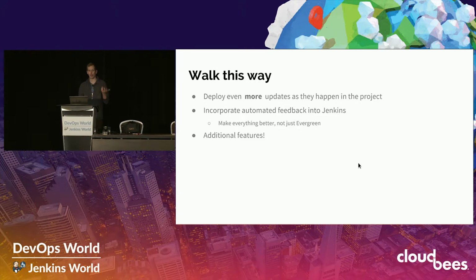So as I've been here working with some of the other contributors that are here at DevOps World Jenkins World, we've been introducing them into how errors get reported back to the project and how they can get access to those. Or if they've got a newer version of a plugin or newer version of something that they've been working on that they want to see released through the Evergreen distribution model, how they can get involved in that and how they can contribute. And so our cadence right now has been, we've been pushing an update probably once every